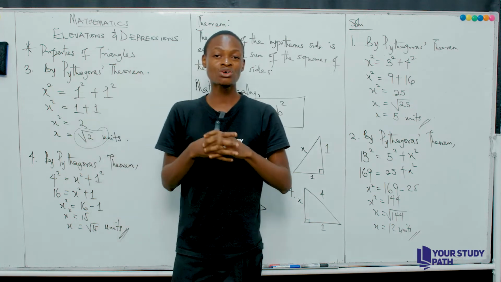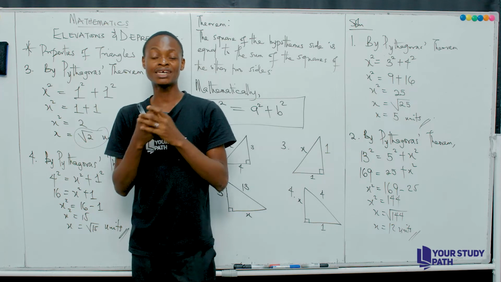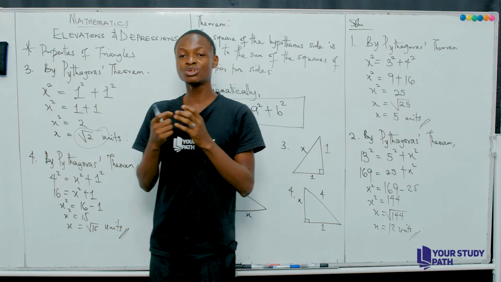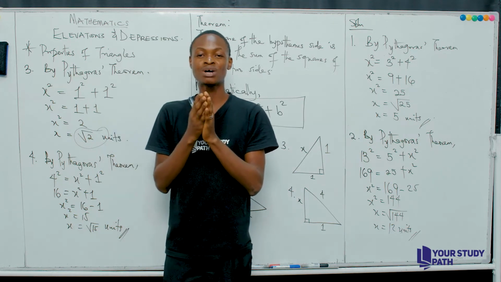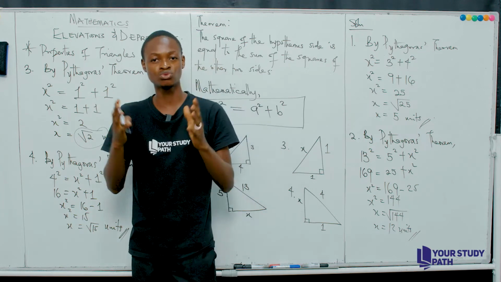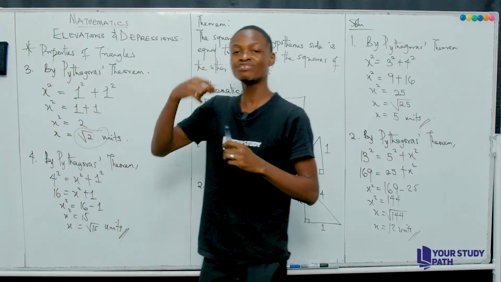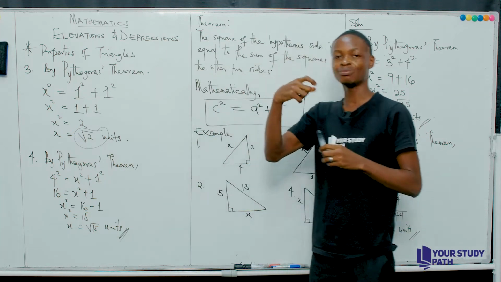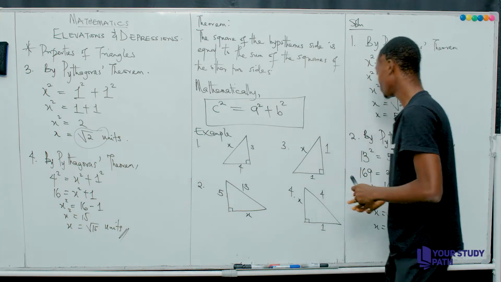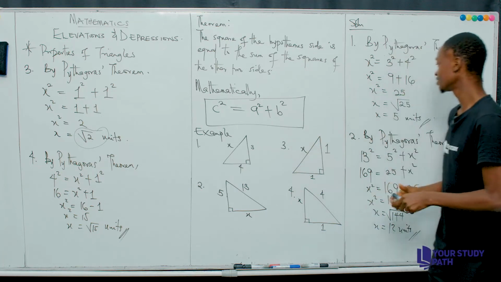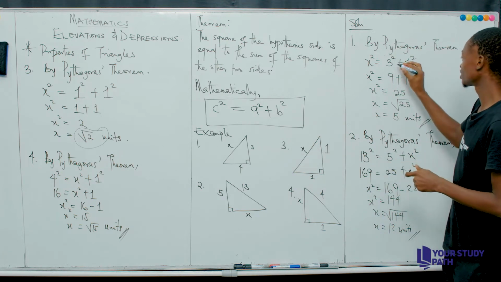A right angle triangle where all the values of its sides are whole numbers gives those values the name we refer to as the Pythagorean triples. Pythagorean triples are values such that every single member is a whole number. So, in example 1, the Pythagorean triple is simply 3, 4,